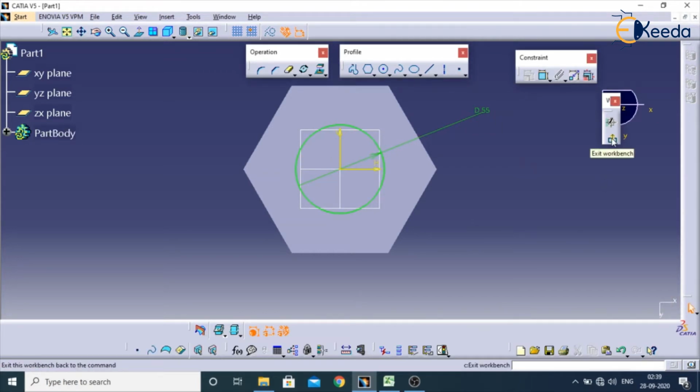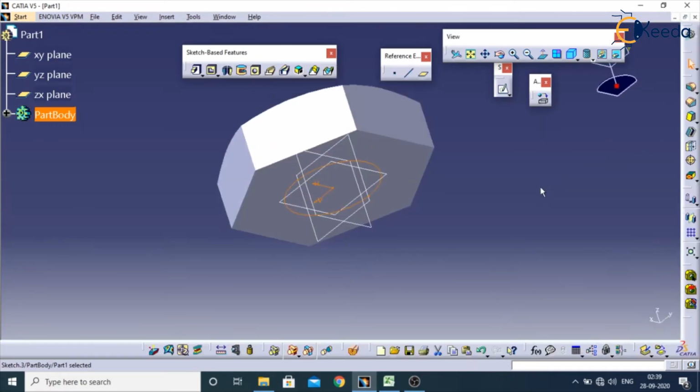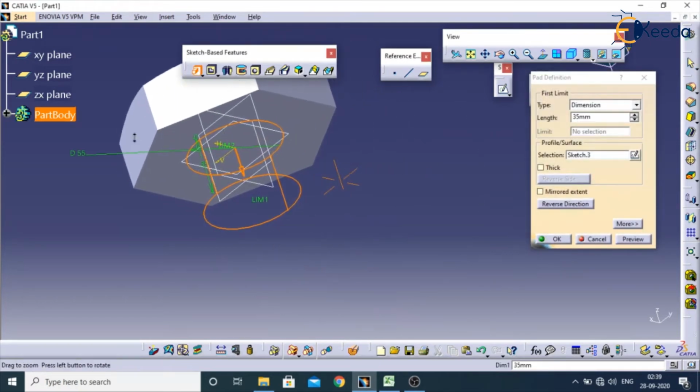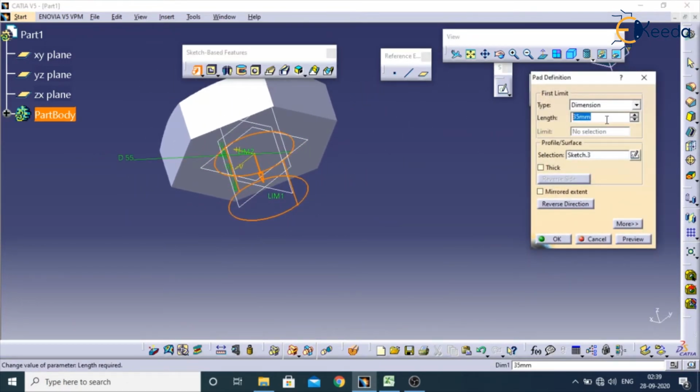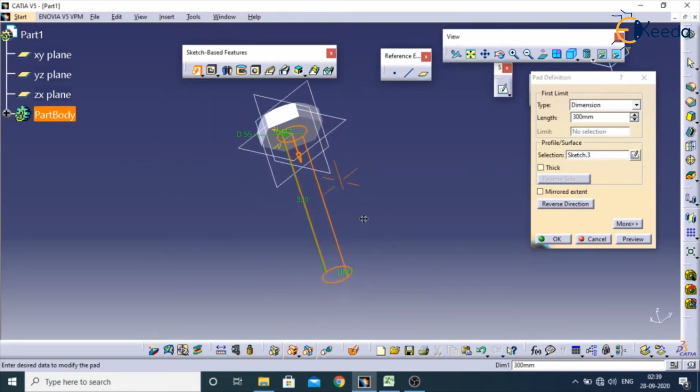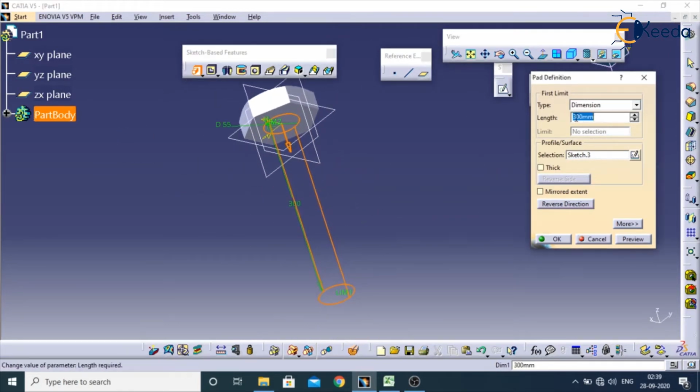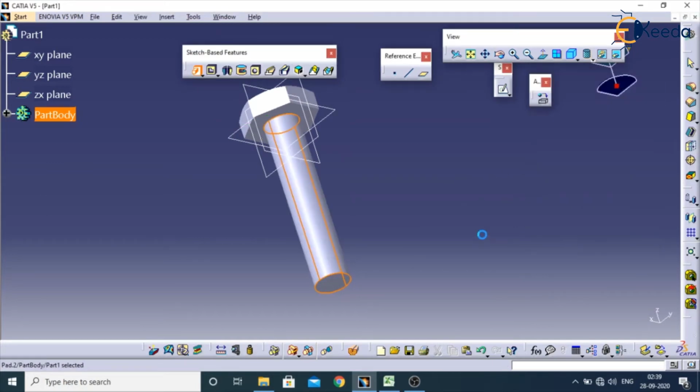Now exit workbench. Select pad from sketch based features. Give some value here, some 300, or you can decrease it to 280 and apply OK.